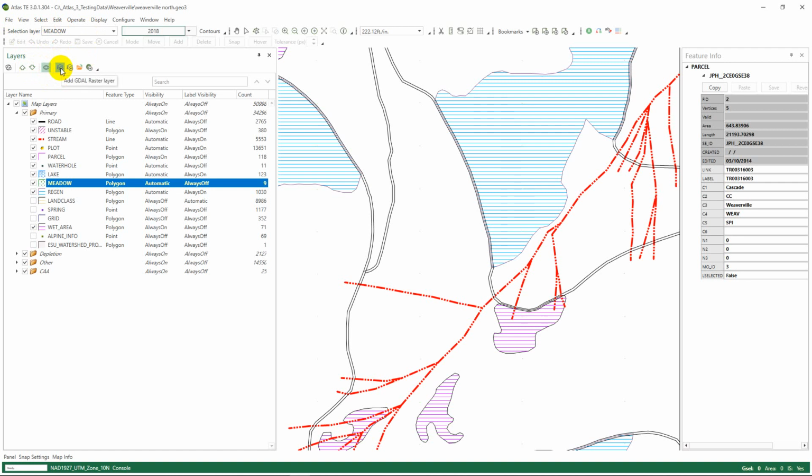This button here, add GDAL raster layer. So this would be for displaying any sort of raster data that you would potentially want to manipulate. Raster data doesn't have a lot of tools supported in Atlas 3 right now, but in the future we do want to add more. This is add GDAL image layer, and that is basically if you wanted to add anything